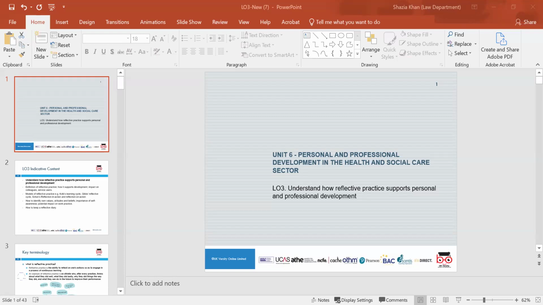So give me an example of something that may be CPD that you could do in the health and social care profession. Like reading journals. Reading journals, what kind of journals? Journals on health and social care, like the changes in legislation, like following the NICE guidelines. Good. Gina, why is that important? So that you stay up to date. Excellent.